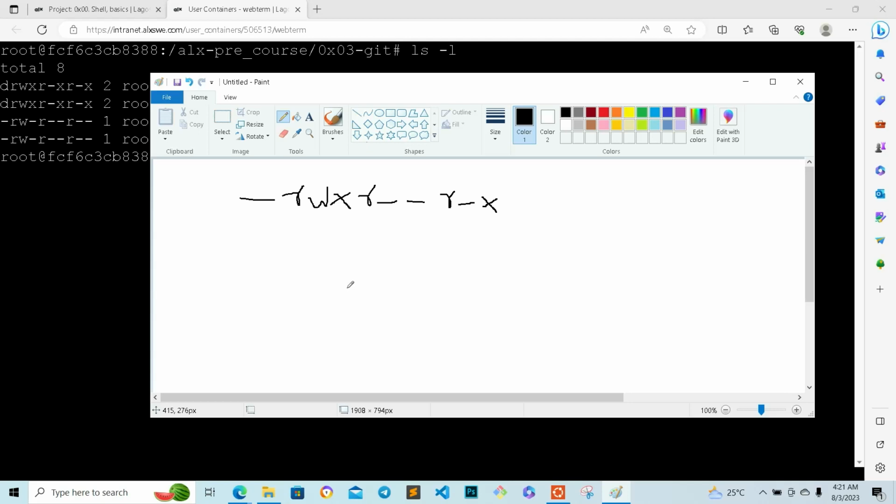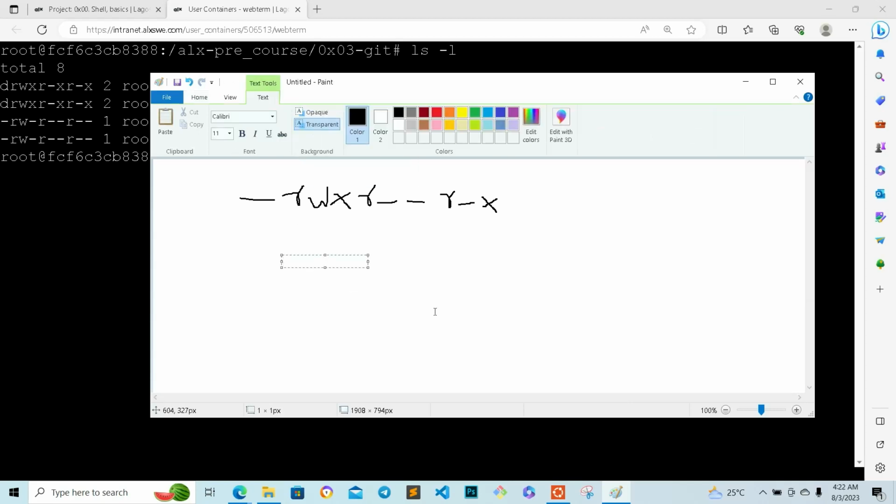Write a command, question 1, a command that will give the group read permission. Let me write this. So write a command that will give the group execute permission,